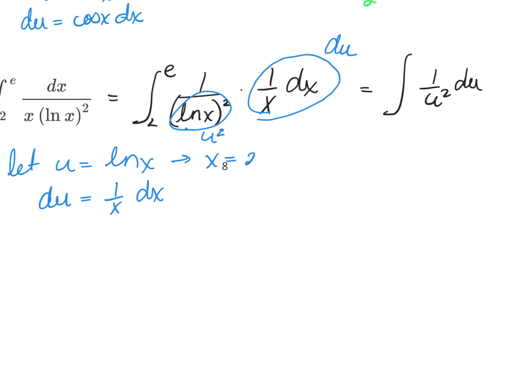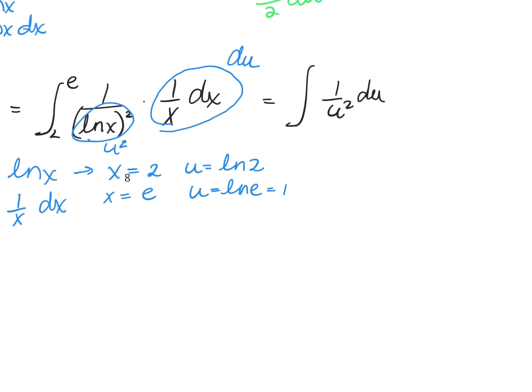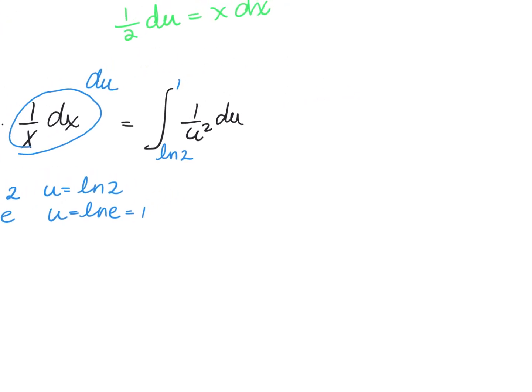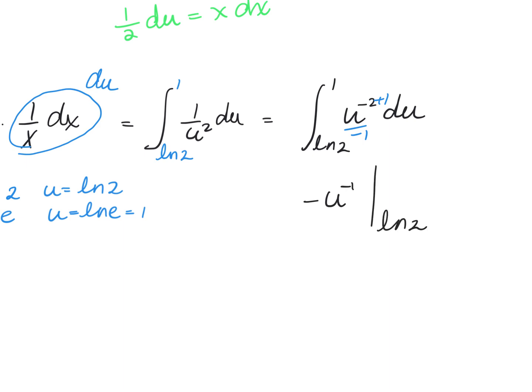When x is equal to 2, u is going to equal the natural log of 2. When x is equal to e, u is going to equal the natural log of e, which is 1. So this is going to go from the natural log of 2 to 1. So this is the integration from the natural log of 2 to 1 of u raised to the negative 2 du. Now I'm going to add 1 and then divide by that negative 1. Remember, what I just wrote is not part of the original problem. That's just there for my housekeeping purposes. So I end up with negative u raised to the negative 1, evaluated from the natural log of 2 to 1,